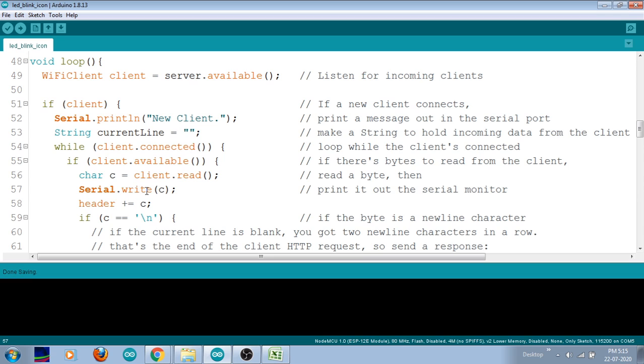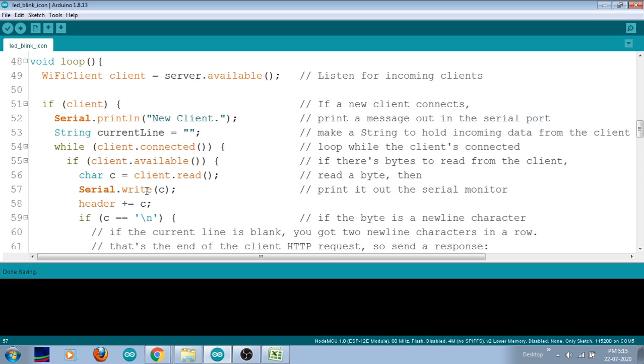Okay, so here I am mentioning that pin number 5, that is GPIO pin number 5, will be turned on. Suppose if it is true, then in the serial monitor I am telling that the GPIO pin will be turned on, and also my output state will be in the on state, because our web browser may not know what the present state of my home appliances is. So for that, from here I am giving an update to my server through this state variable.